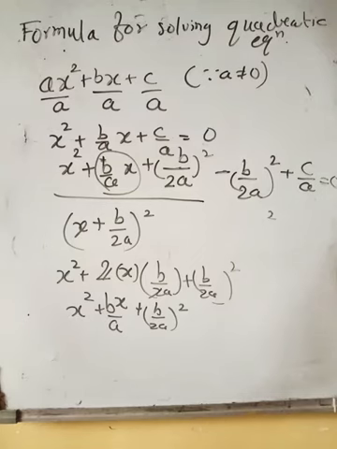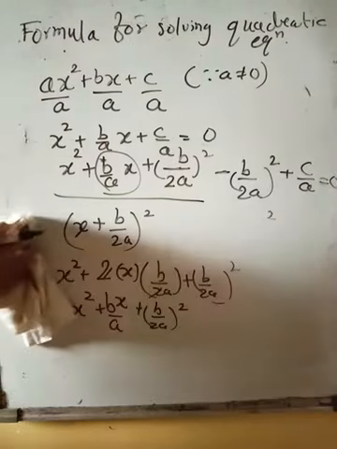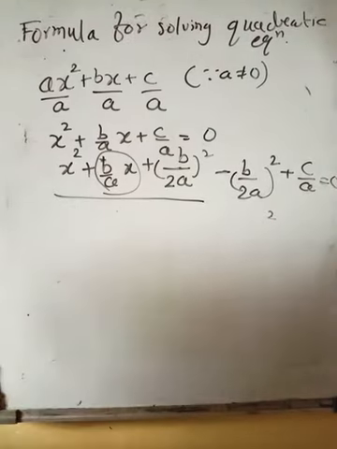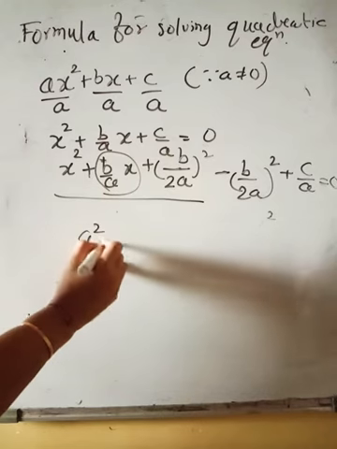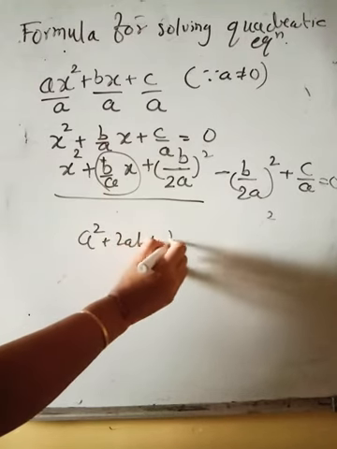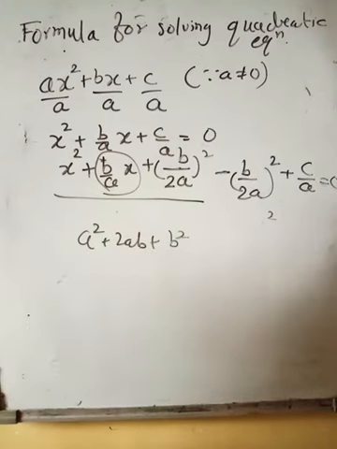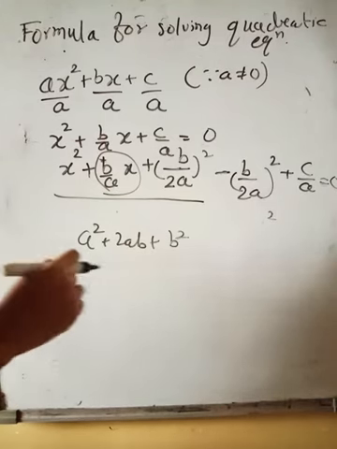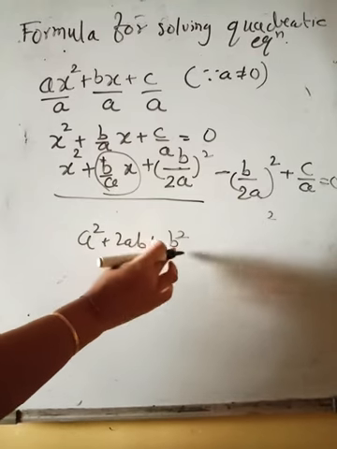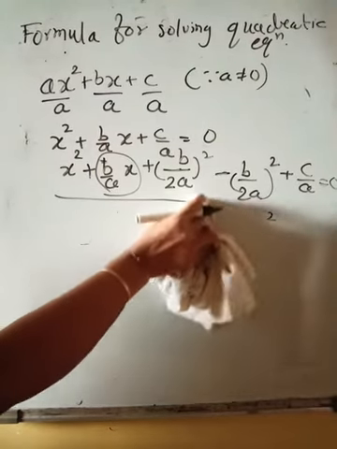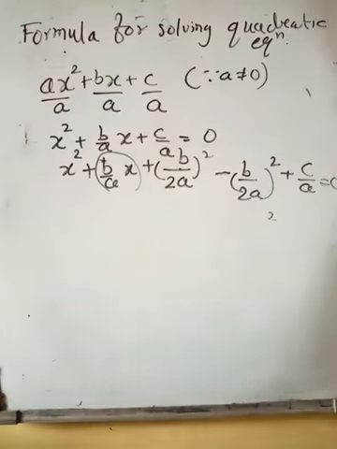So this is what we do. So what to do to get the last term, we are dividing by 2 and then making the square of it. So normally where a square plus 2ab plus b square we have, this one. So if you divide by 2 and then you make a square of it, you will get the last term. So that is what exactly it is done here. Okay, so we have done this.